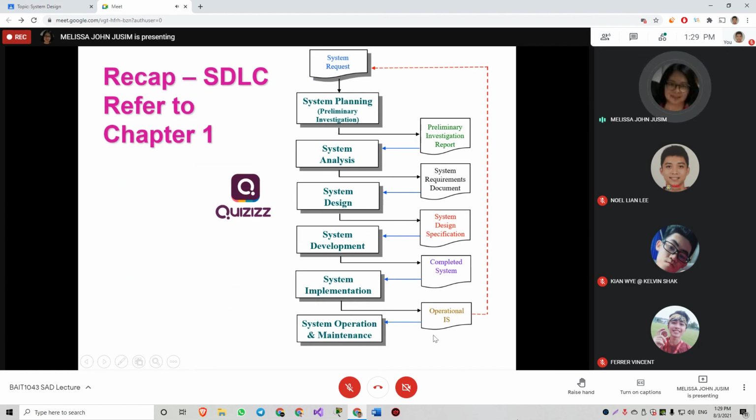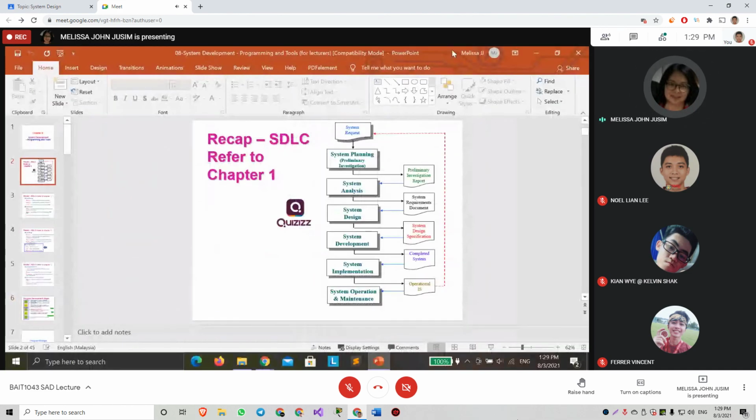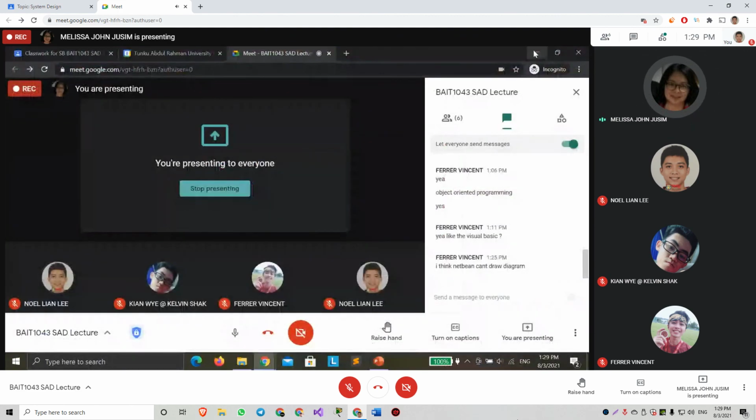This shows that the SDLC, the system development life cycle, is ongoing. If the lifetime of the system is 5 years, then throughout the 5 years the life cycle will continue if there's any maintenance request. I hope this diagram will help you understand the whole SDLC, and that answers your question.